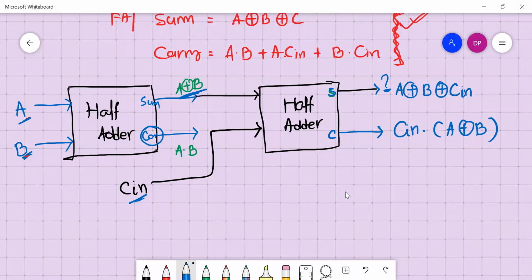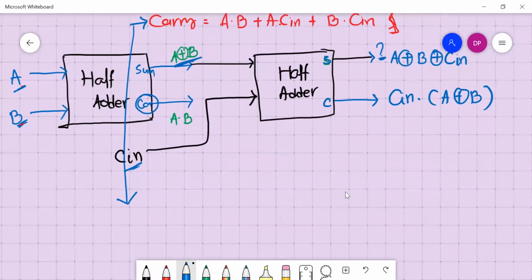So what we will do, you can see this full adder carry. Okay. It is equal to A dot B. Okay. Plus A dot C in plus B dot C in. Let's simplify this. Okay. Let's simplify this expression.